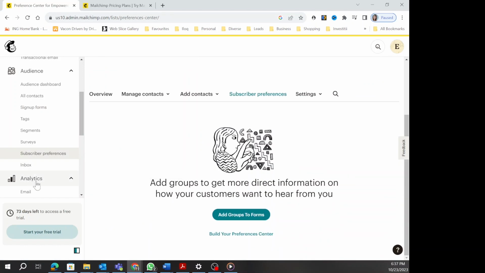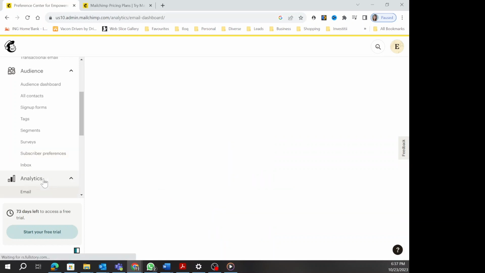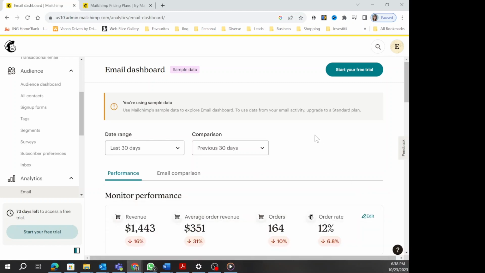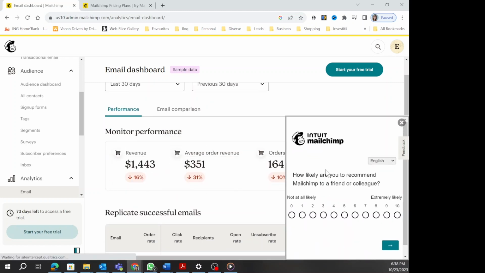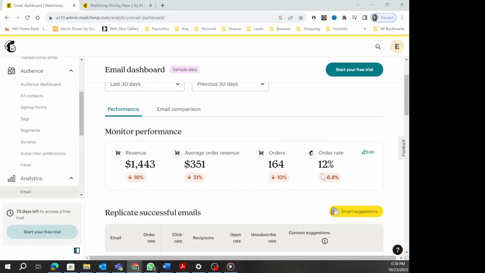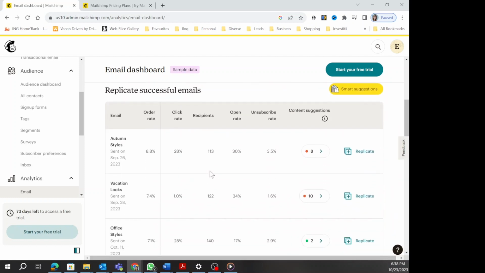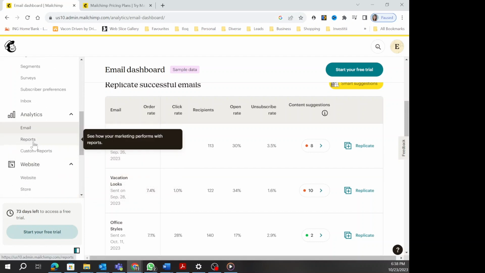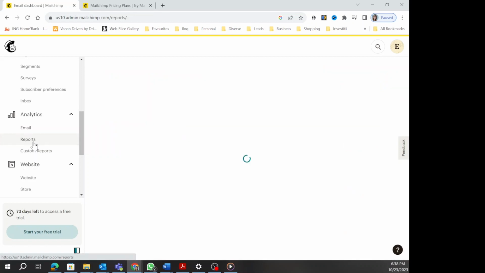and then you have also analytics, which shows you how successful, what was the order rate, what was all the analytics, what you did referring to the campaigns that you already had, and also some suggestions about how you can improve your results. Here you can just take out reports and compare,